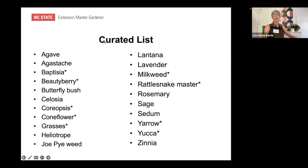Lantana, all of our herbs, lavender, milkweed, the Asclepias tuberosa is a beautiful orange plant and beloved by our endangered species of monarchs. I love the rattlesnake master. I think it's a beautiful, beautiful plant. And we'll see some of those later in the photos. Of course, rosemary is great. Sage, sedum, all